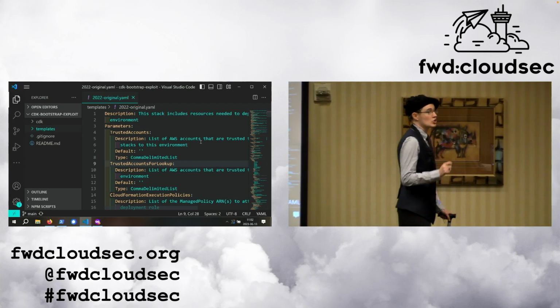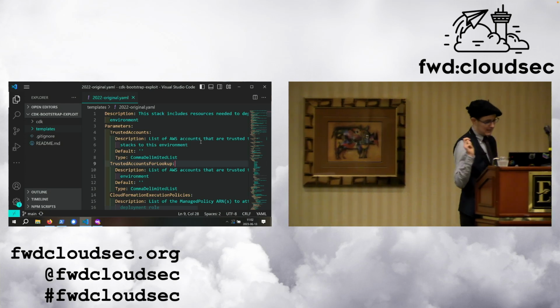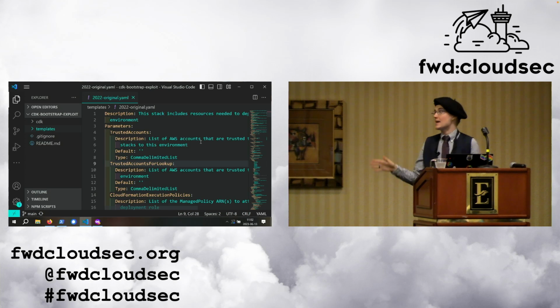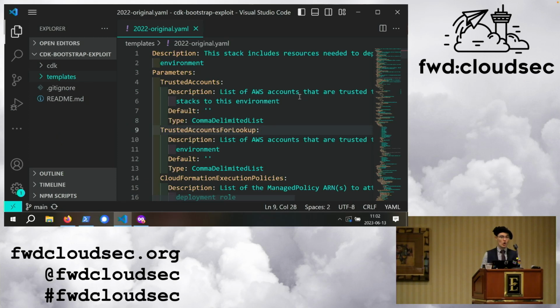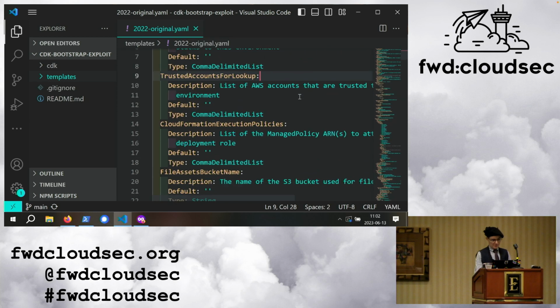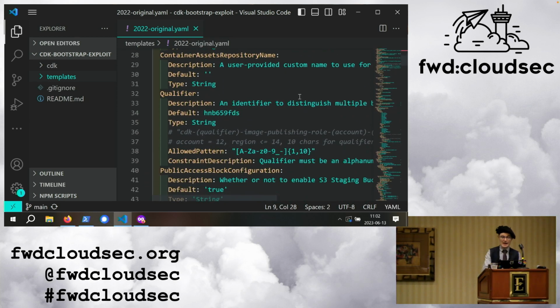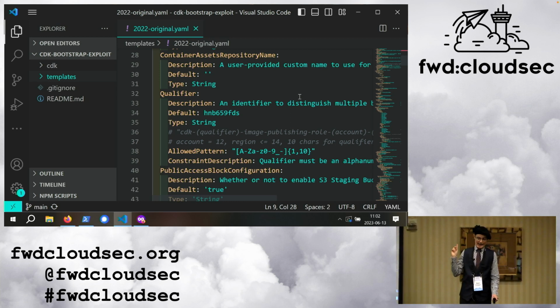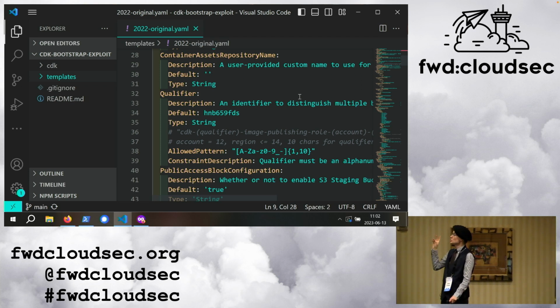Now, AWS have actually changed a few things about this template since I started looking at it. But the fact remains that the version of the template which was deployed in 2022 had some pretty interesting security holes that I discovered as I started poking around it. To start with, if we go down here and we have a look at this qualifier, if you want to deploy more than one CDK stack at a time, you need to change the qualifier. Say if you want to configure multiple sets of deployments, you need to change the qualifier for the CDK stack,